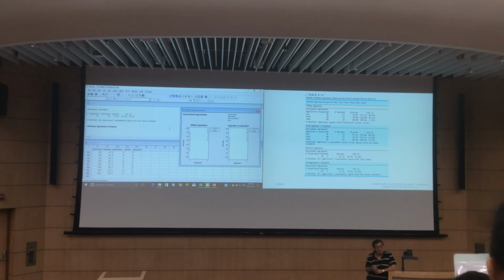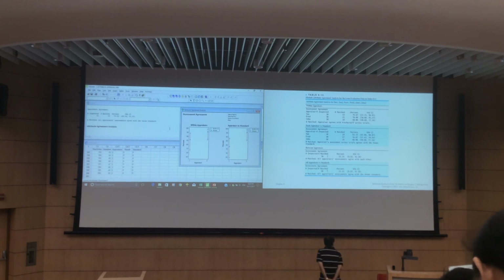So this is the technique for attributes, pass or fail, good or bad, color correct, right, wrong, or something like that, you can test it out as well. This is MSA for attribute, right? Okay? So what we have here,